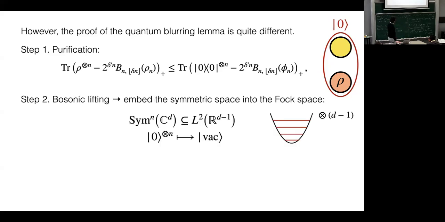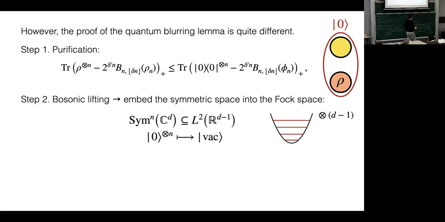So now the only way I can do this, and it's a bit ridiculous, but it's also somehow beautiful to me, is: okay, the symmetric space I don't understand. So what do I do? I lift everything up to a bosonic space. Sure, why not? I embed everything into an infinite dimensional space. And I think you all know how this embedding works. If you want it explicit, let's say that we are in the case of a single qubit, right? So now we want to embed the fully symmetric subspace of n copies